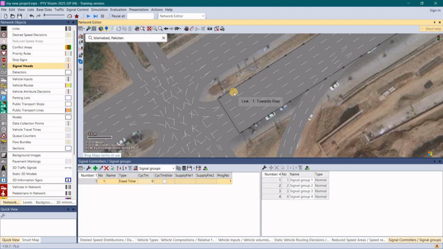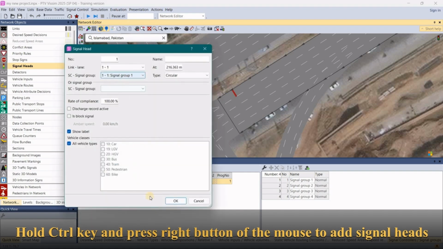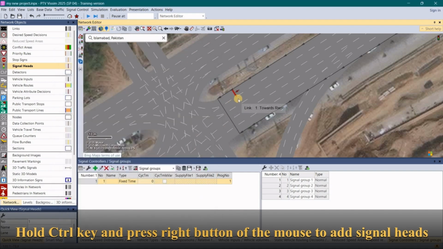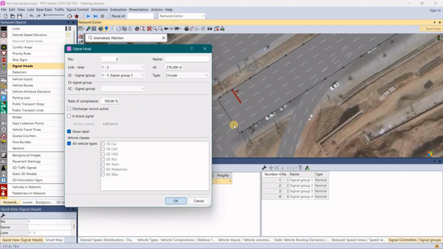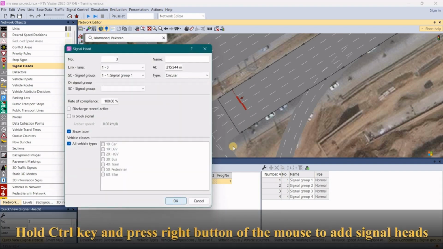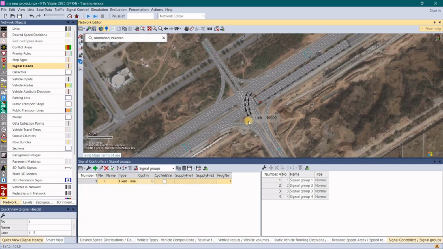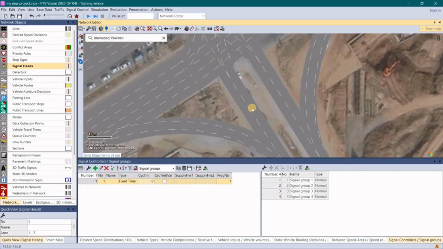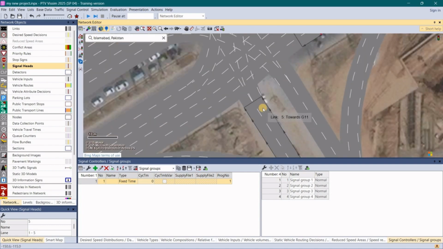Here I will create signal head. So press Control and the right button of the mouse, and we have to press OK. And here I want to add second. OK. Now guys, I will add signal group signal heads for this direction, whereas I have to follow the same